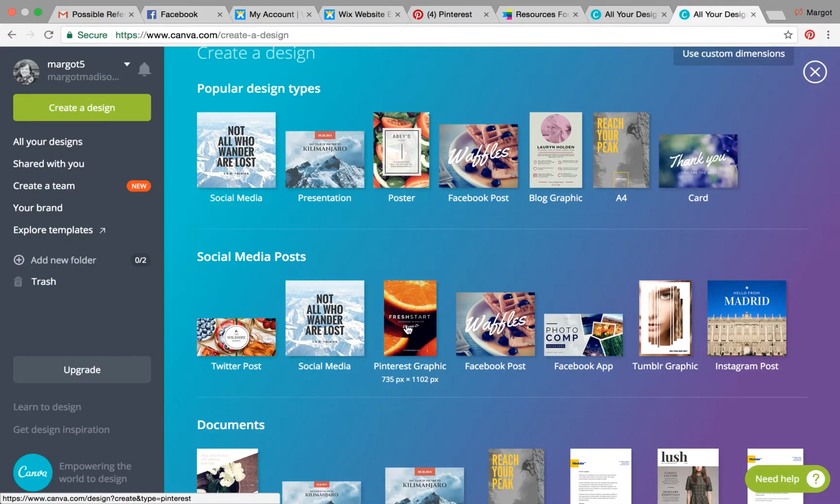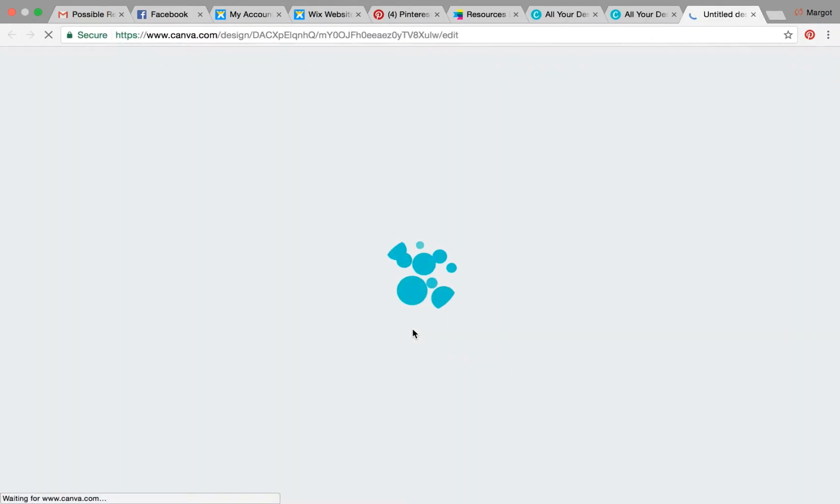The size of this template is 735 pixels by about 1100 pixels. You can make your Pinterest graphics as long as you want. You want them at least to be 600 pixels wide. I am not interested in making things complicated for myself, so I just use this template. I'm going to click on it here,